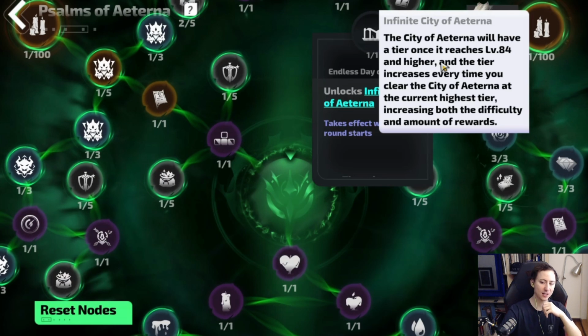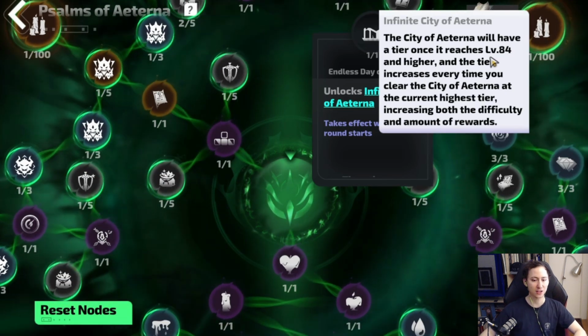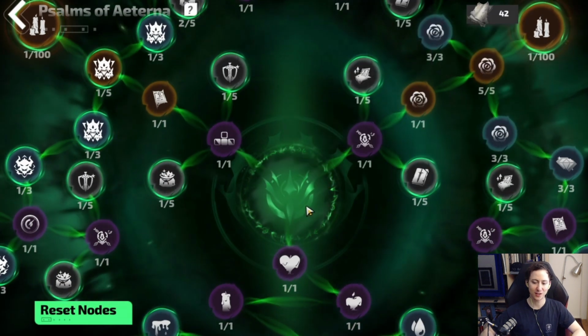So essentially this is going to give you more agency over your rewards, and it's going to be able to scale your rewards into endgame and give you more and more things to work towards and upgrade your character. And it's a really fun mechanic, and I think one of the best things about this season, that you can actually control your rewards. It rewards you for scaling your character power, and also there's a lot of agency in what you can spec